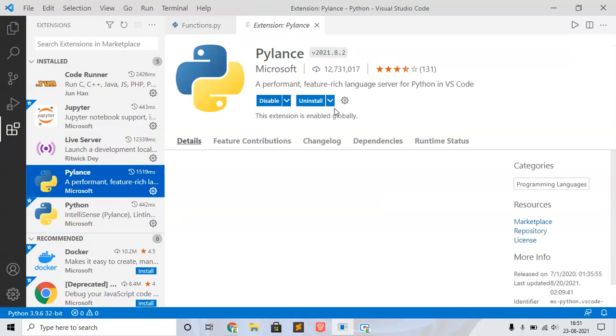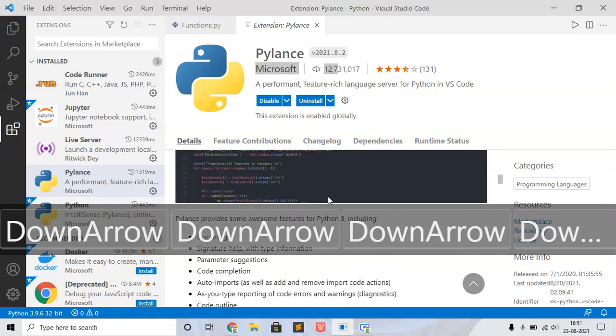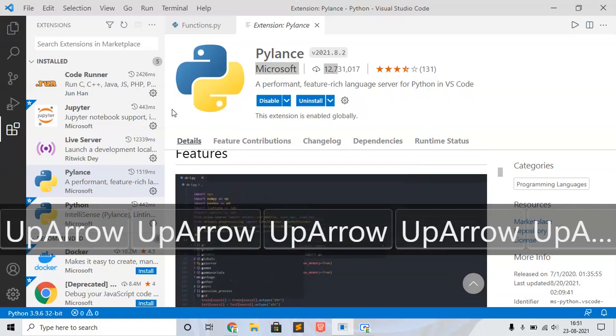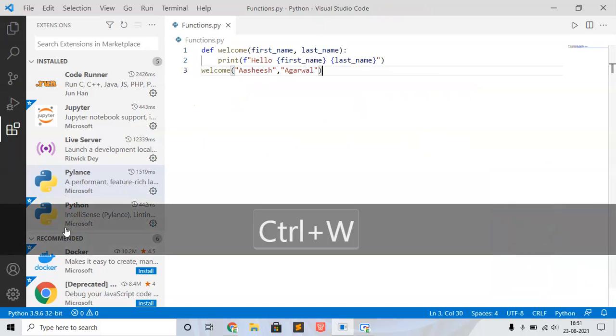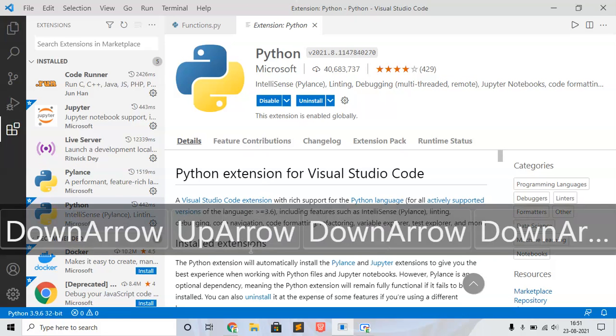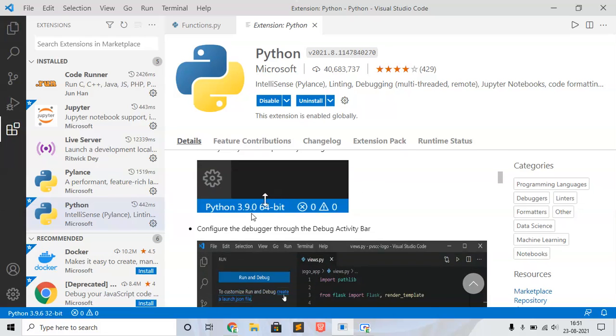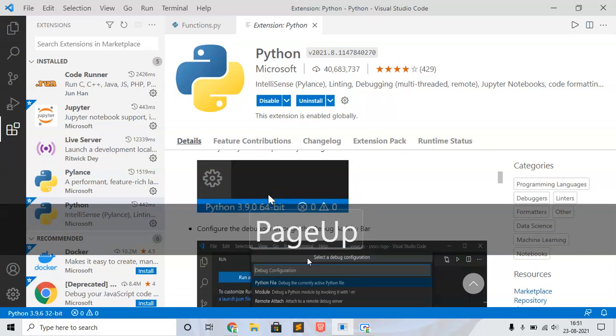This is Pylance, made by Microsoft. This supports me so I can code Python. I have also installed this one.